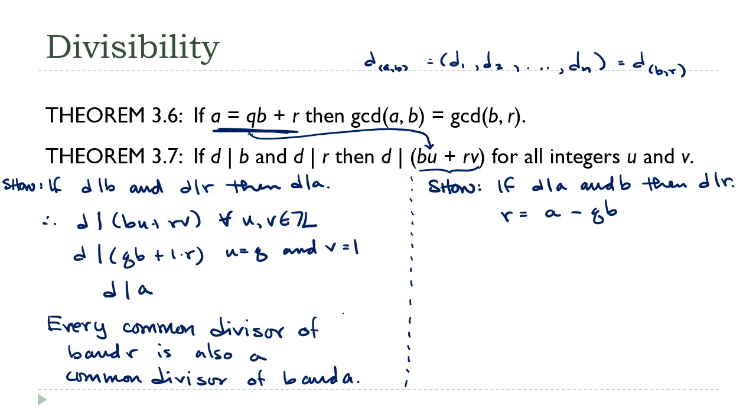Now, go ahead and pause the lecture. See if you can finish it up from here. Then you can turn it back on and we'll walk through it together. Okay, so remember, I'm assuming here that D divides A. D divides B. Well, if D divides A and B, then our theorem 3.2 says therefore there exists, therefore D divides